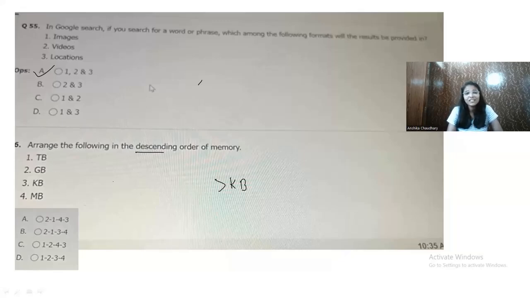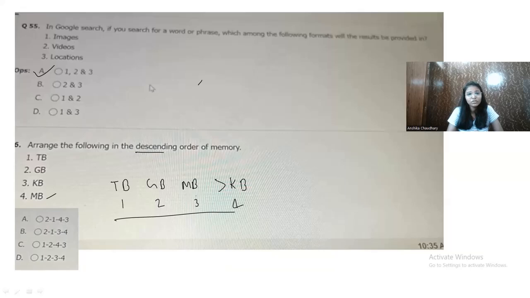So TB is the largest size here. So this is 1. GB is 1000 MB, right? So then GB, that means 2, and then MB, right? So this should be the correct arrangement.